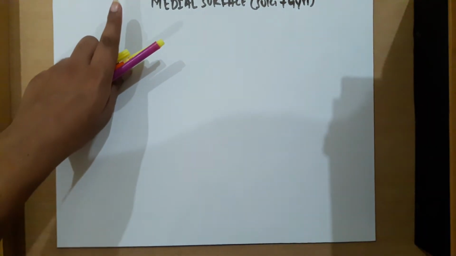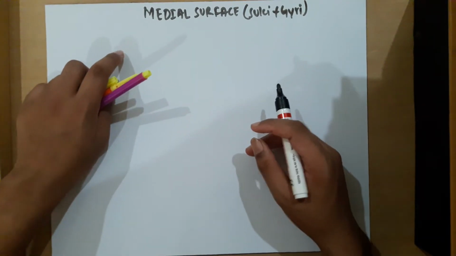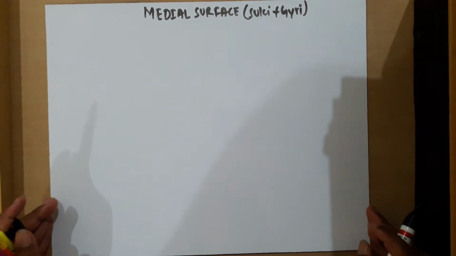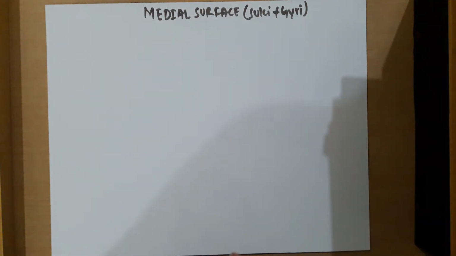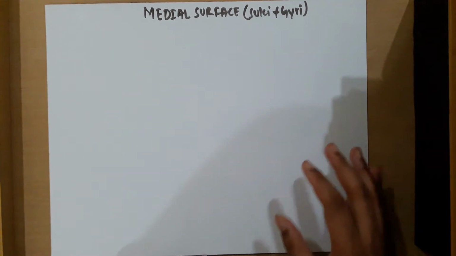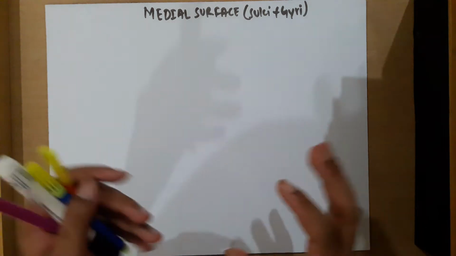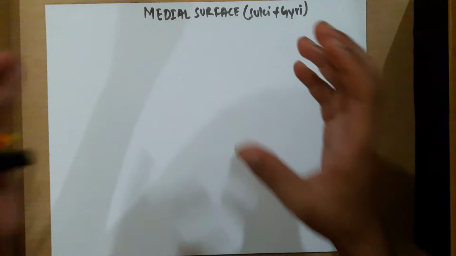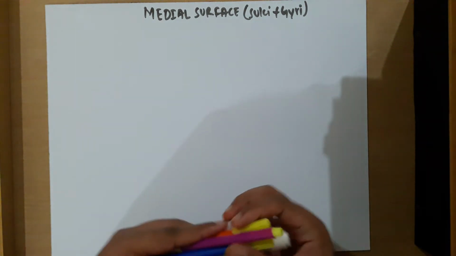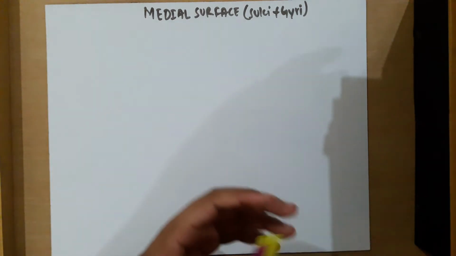In this video we will try to cover all the names and some of the important characters, meaning some of the peculiarities of those sulci and gyri. In the next video we will try to draw a diagram showing all the sulci and the gyri. So in this video, focus on the names and try to remember them, and if you feel that you can make a note,